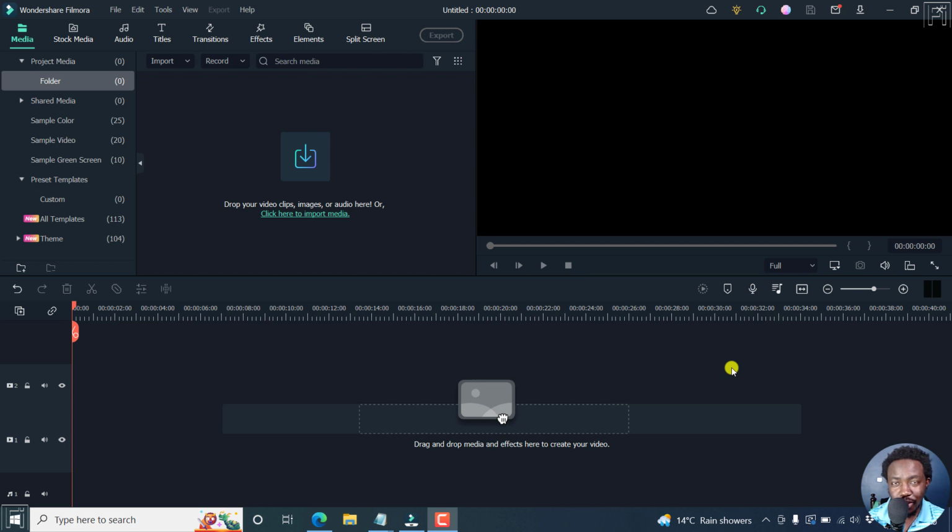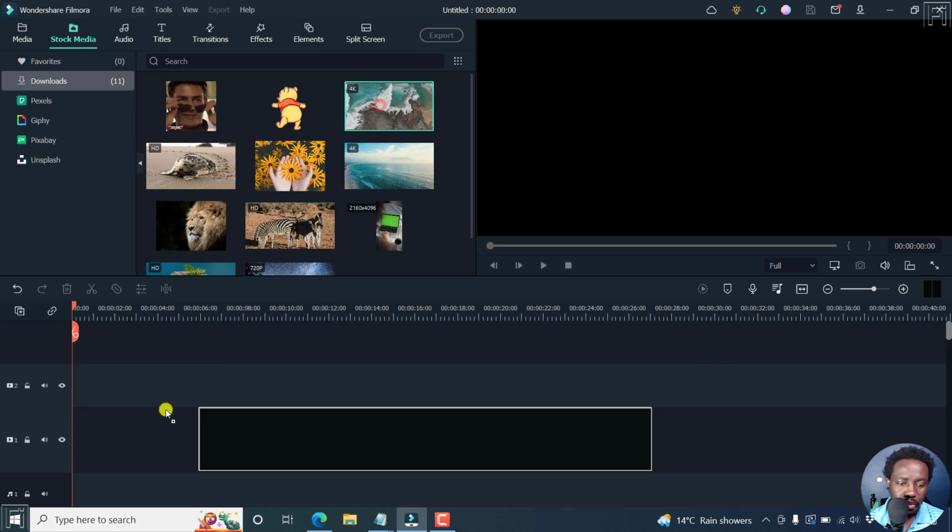In this video, I'll show you how to use keyframe animations in Filmora 11. This is a step-by-step tutorial, so watch and learn. It's pretty simple and really awesome. So let's begin by adding a clip, and I'll go to the stock media and we can just drag this